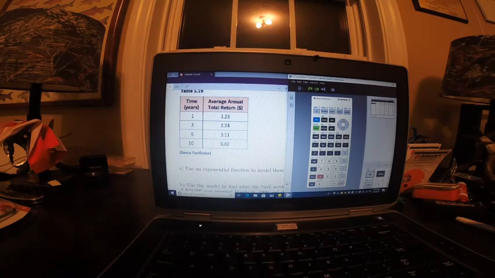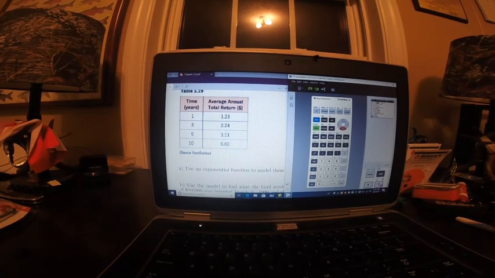Alright, we've got 1, 3, 5, and 10. 1.23, 2.24, and 3.11, 6.82. Alrighty, now we're using an exponential function, so I'm going to do stat, calculate,